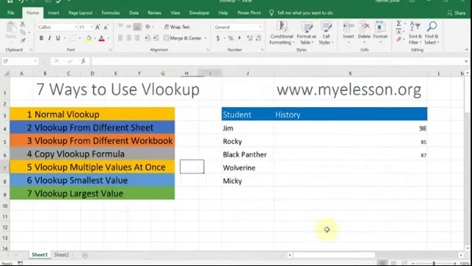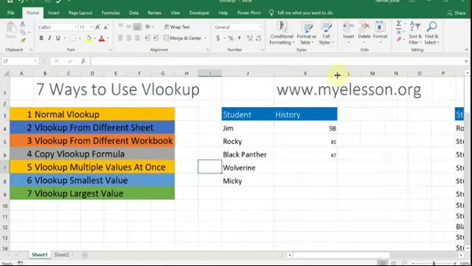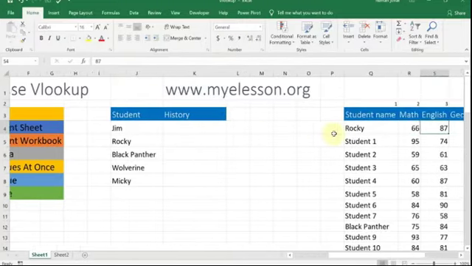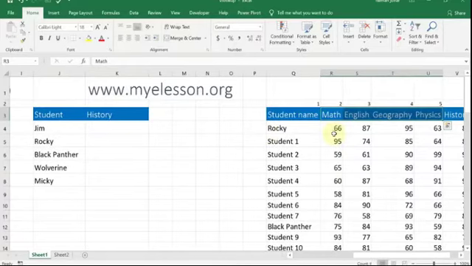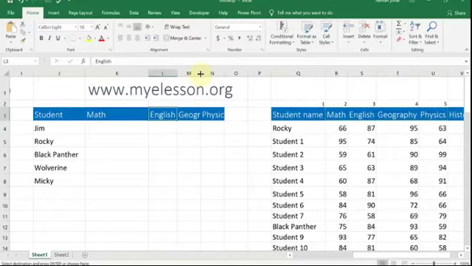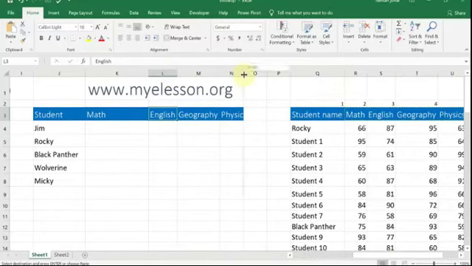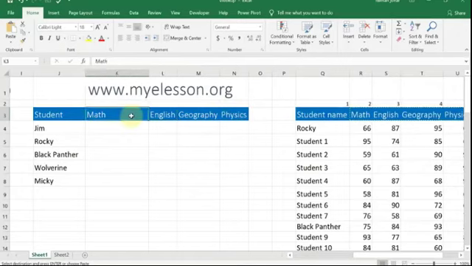Now we will learn how to do multiple VLOOKUP. So I'm going to just remove this data. Okay. And I'm going to copy these names. Okay, so we are looking marks for English, Geography, Physics and Maths.